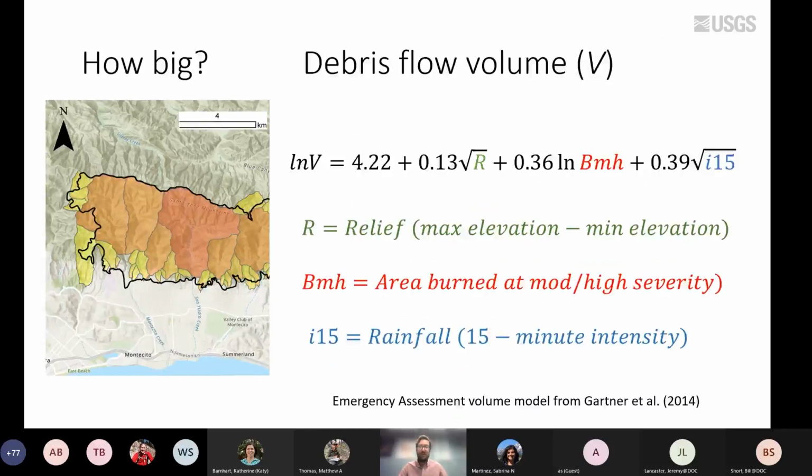So the Gartner et al. 2014 emergency assessment model is used by existing hazard assessment frameworks to predict how much sediment will be deposited at the outlet of a watershed within 2 years following wildfire. And so we see that this model, which I'll talk about a little bit later in the talk,